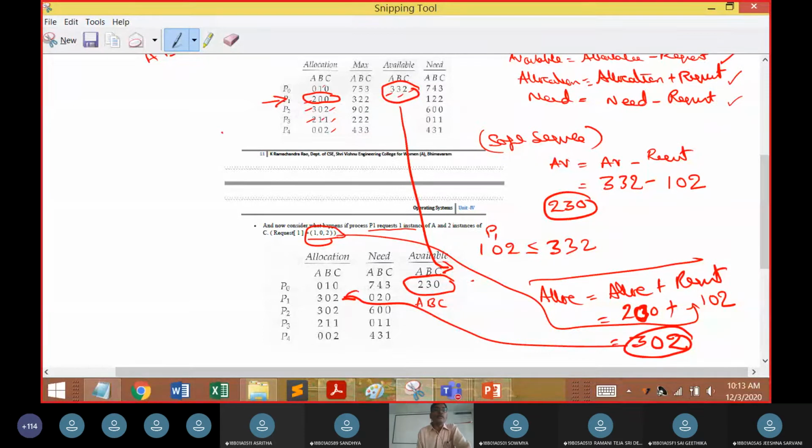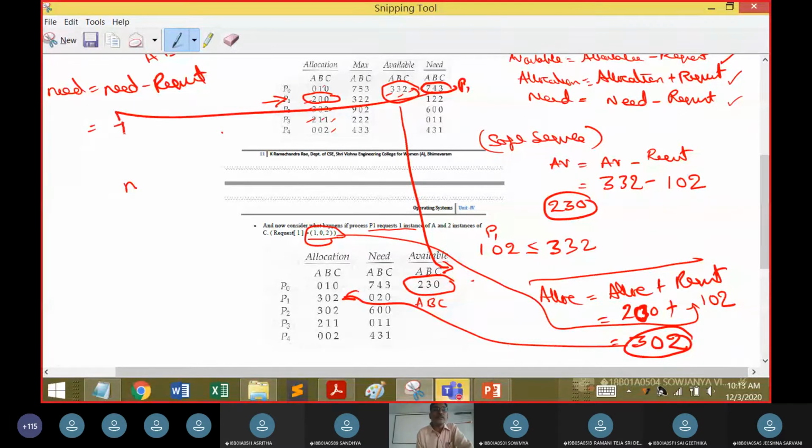We have to compute need is equals to sum need minus P1's need. P1's need was 7, 4 and 3. What is P1's request?